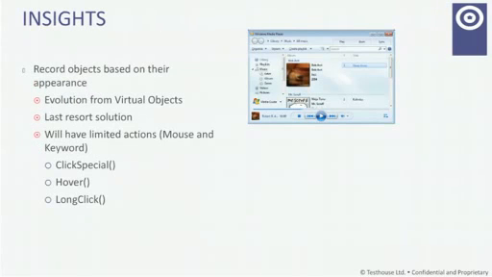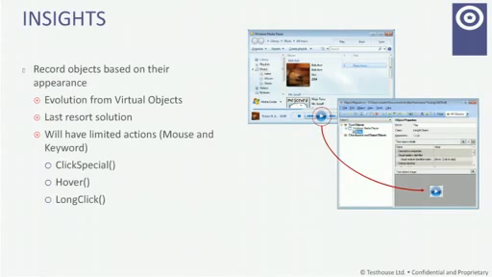There's another new feature which has been introduced. It's called Insight, and basically it gives you the ability to create QTP UI objects on objects you cannot actually learn because of technology limitations. Here I give an example of the player. We have a play button. So using Insight, we can actually learn this object, add it to the object repository, and then we can use it in our code as if it was a